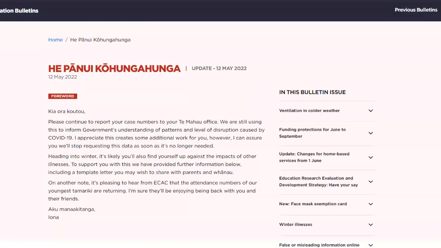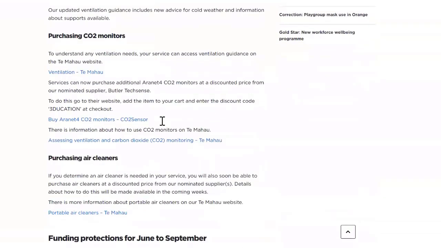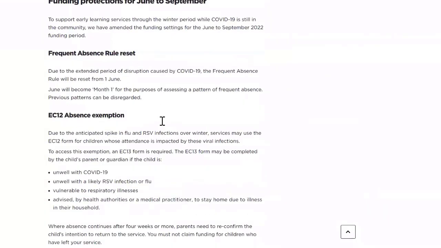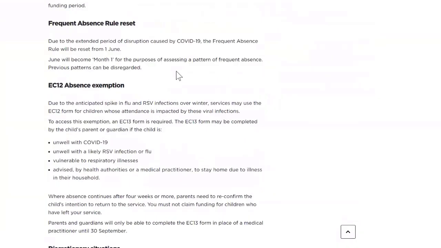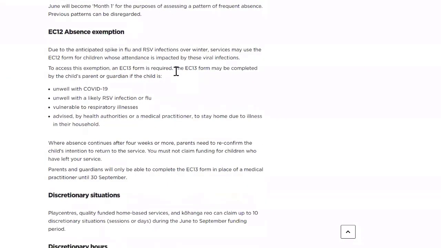The ministry advised that in light of the COVID times and illnesses, the ministry came out on the 12th of May to say that a parent, a primary caregiver, can complete an EC13 form in lieu of a medical